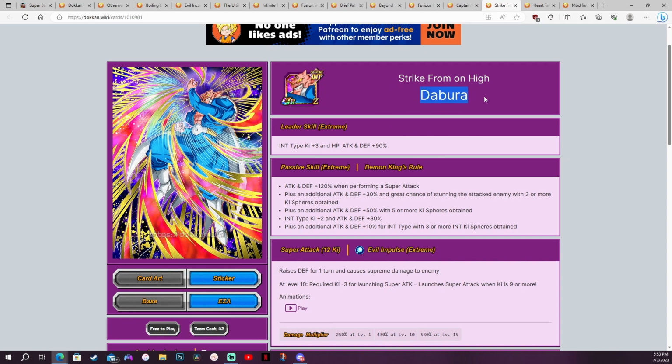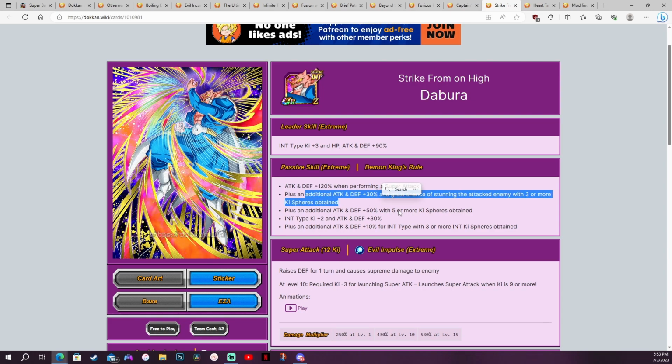So next up, we've got the Int Dabura here, the Baba Shop Easy A card. I did want to include him. He actually seems like he's going to be surprisingly good for this stage. So he's got 120% stats when performing a super attack. So this is a multiplicative buff, which means he is going to be hitting much harder than 120% right there. He is also getting additional 30% stats and a great chance of stunning, which is a 70% chance of stunning